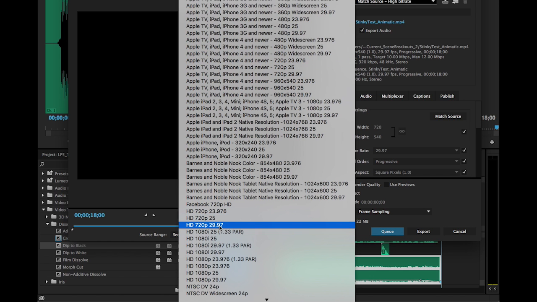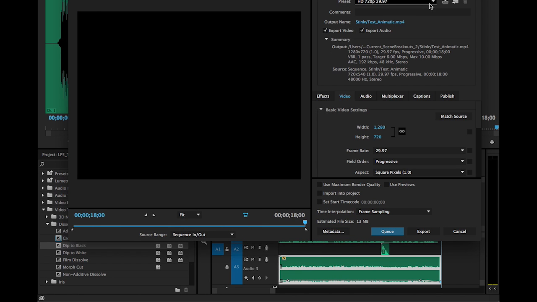So I'm running at 30 frames per second, and in video, it's not a true 30 frames per second. I'm not going to get too much into that now. It's 29.97 frames per second, but for all intents and purposes, it's 30 frames a second. So I'm going to choose this HD 720p 29.97. And I got that from my preset. So try that. What it's going to do is blow up my image a little bit, but this is going to be in that,